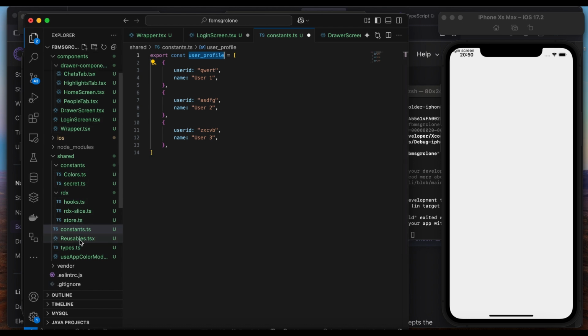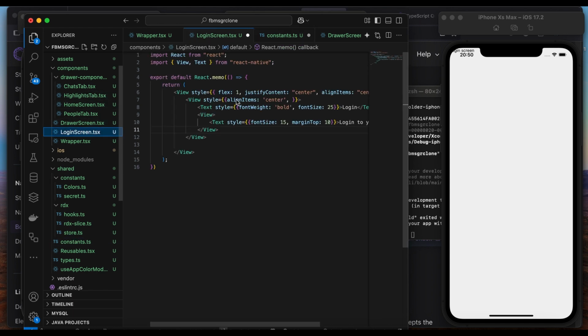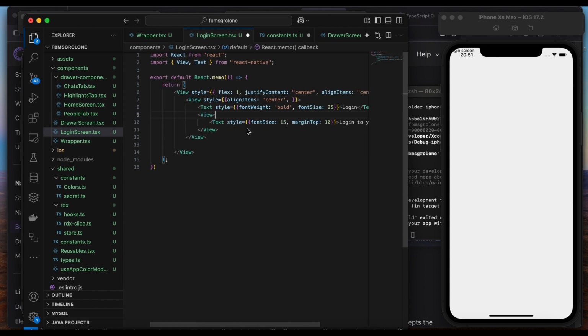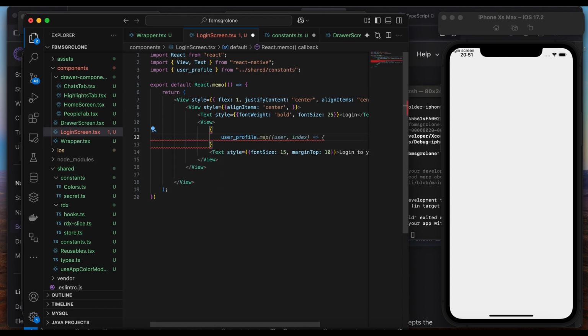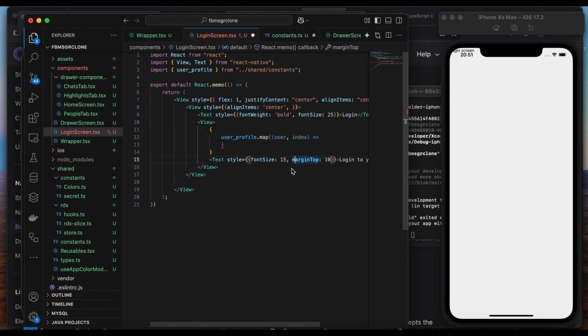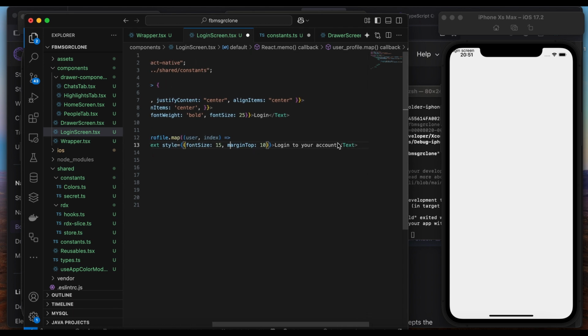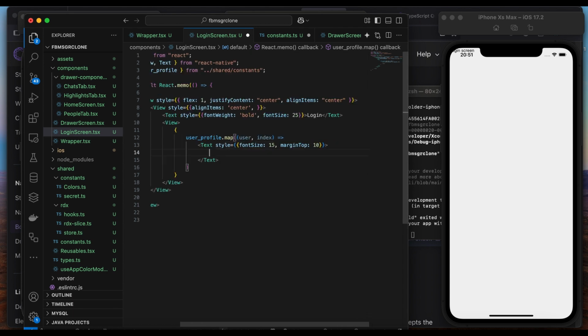Now let's go back to the login screen and list out, I'm just going to do this user profile dot map, return text, and this is going to just be user.name,